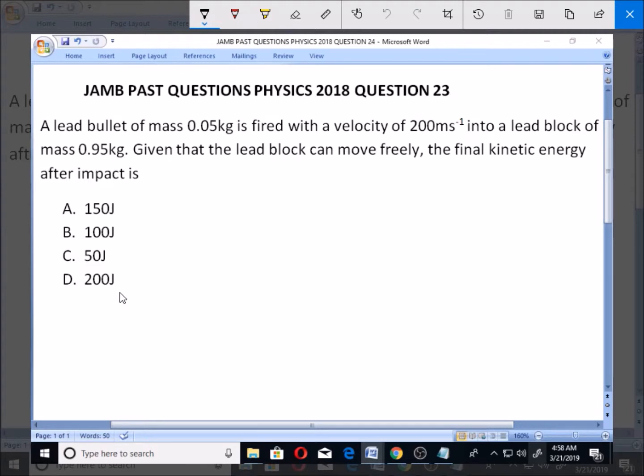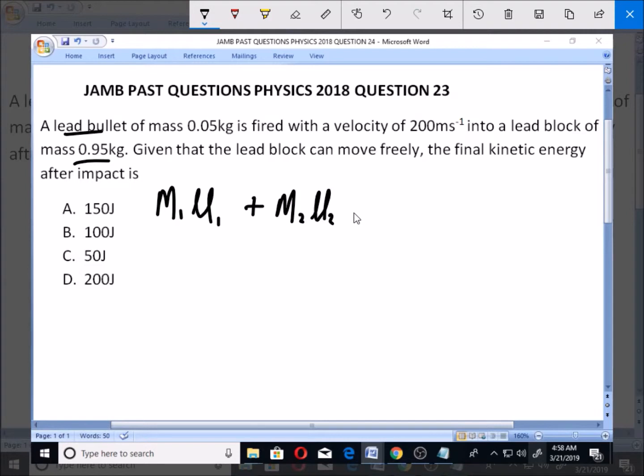Now, for us to be able to appreciate this question very well, we need to understand the formula of conservation of energy and momentum when there is an impact due to firing. Whenever you hear impact due to firing, you'll have the initial mass of this lead bullet, m1, multiplied by its velocity, plus the mass of this block onto which it is making impact, m2, multiplied by the velocity